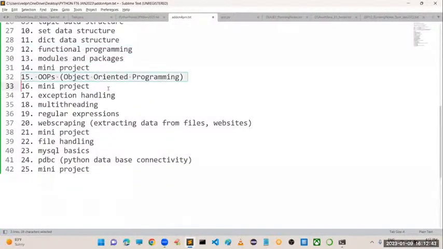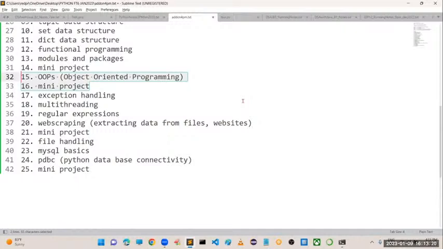Then the next main agenda is object oriented programming, like how you can provide security. We will see how to create classes and objects, and if existing classes are there, how you can extend their properties. What polymorphism means, what overloading means, what overriding means, all these things we are going to discuss in detail.